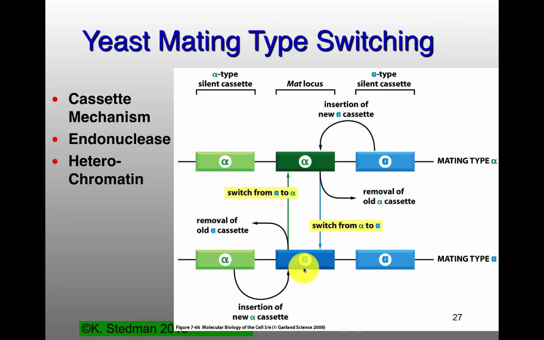And how do we have silencing? That silencing is due to heterochromatin formation, and the regions where you have these silent loci are blocked from the rest of the chromosome by boundary elements, which are bound by all of these boundary proteins that we talked about. We talked about heterochromatin and euchromatin back in previous parts of the course. So I like this as a connection to some of those previous parts of the course.